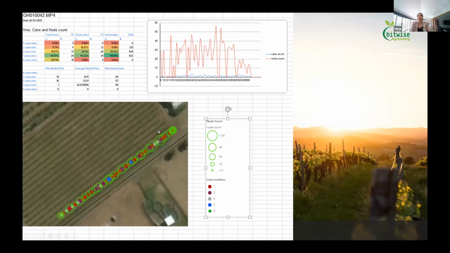By putting this textual data into a spatial context, I can follow up on pruning techniques and the quality of the pruners I have out there, and start making real time and real actionable changes to how I'm farming, because a picture says 1,000 words.